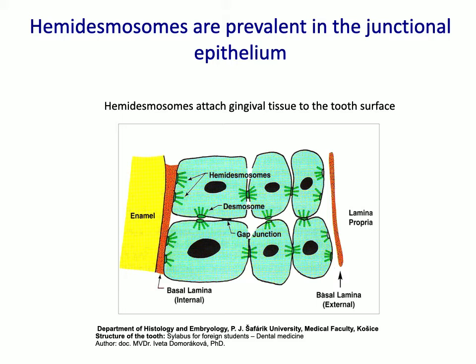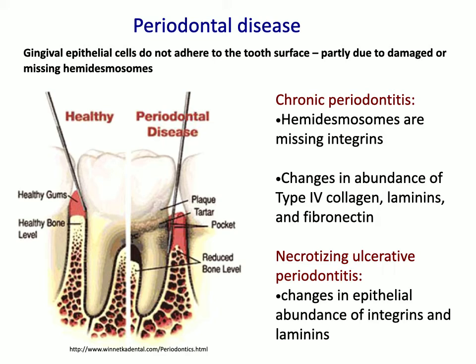Hemidesmosomes are also important in the junctional epithelia. This is how the gingival tissue within the mouth binds to the enamel surface of the teeth. In periodontal disease, one of the hallmarks is that the gingival epithelia does not adhere to the tooth surface. And this is partly due to damaged or missing